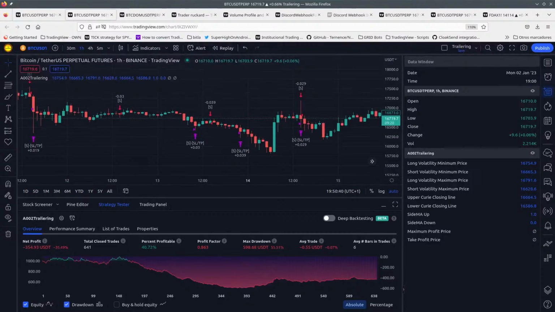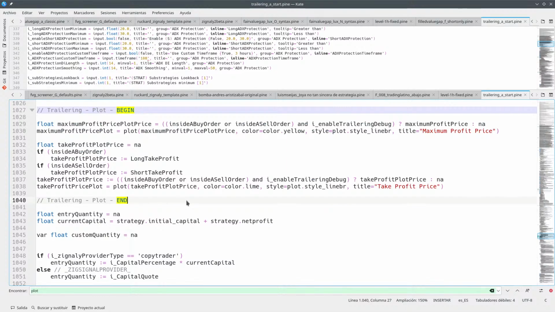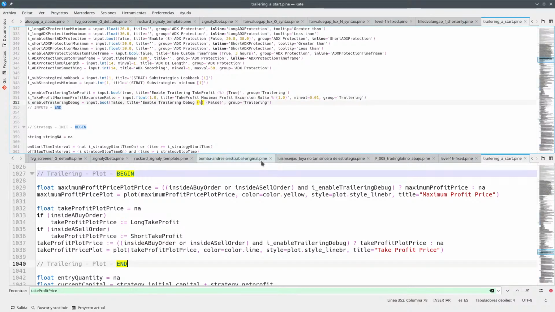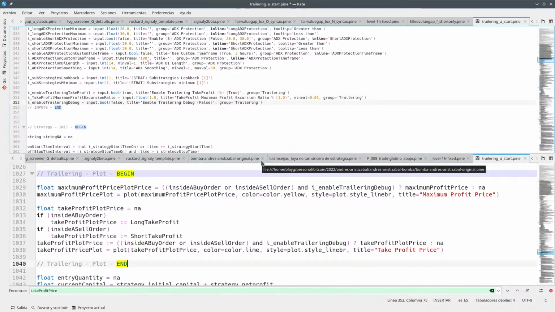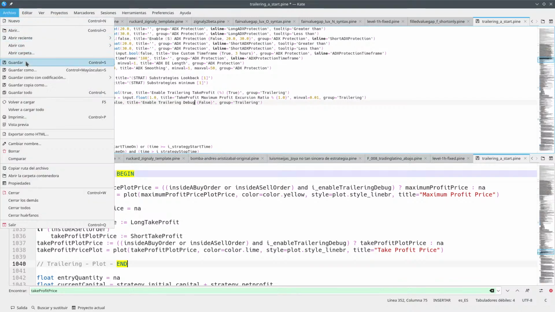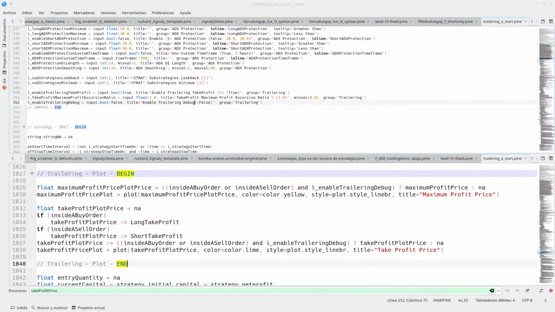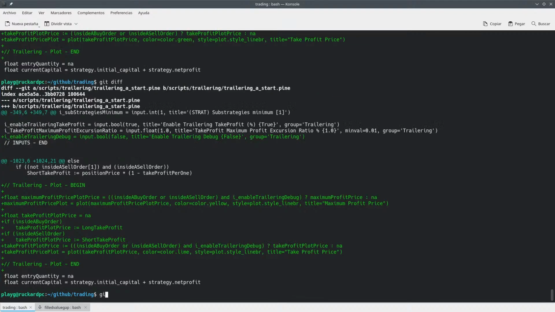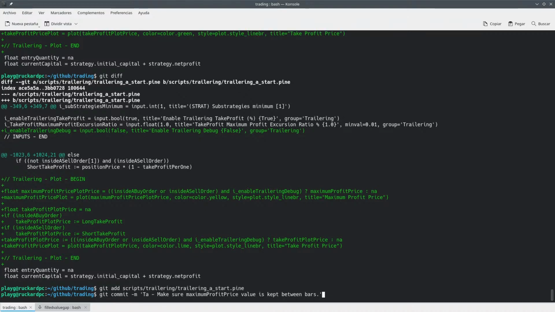That's it. Okay, so now we can remove from here this percentage. So trading be back. It's going to be false. So we can say something like debug and plot maximum profit price and take profit. Okay,